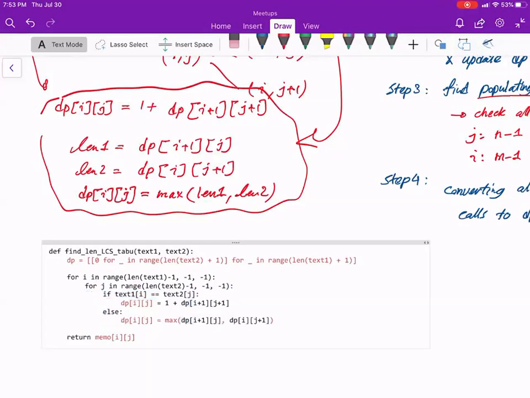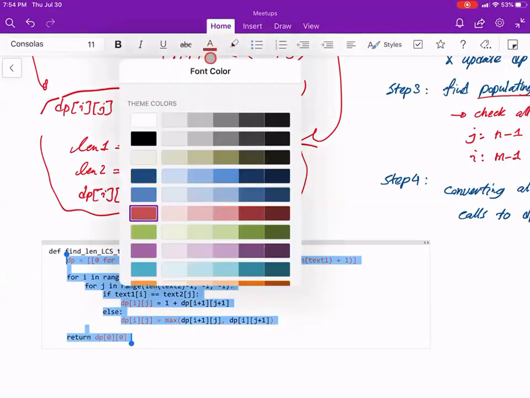That's it. And at the end, we have to return 0 and 0. Okay, and right now, yeah, it's done. This is the tabulation. We just converted, really in a mechanical way,